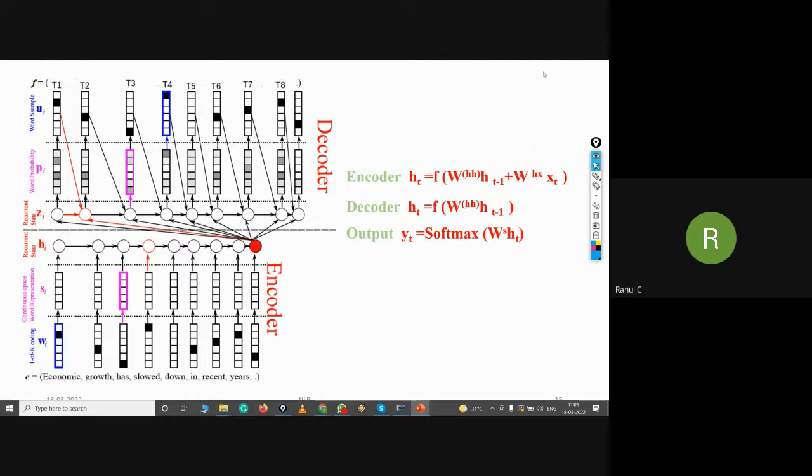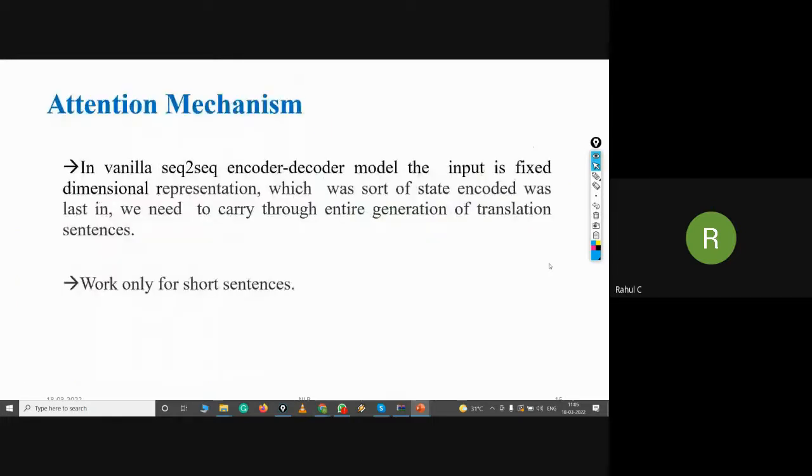Okay, so this is the basic thing about the encoder-decoder model, and this is how the encoder-decoder model can be utilized for machine translation. But the thing is that you need a large amount of corpus in the source data and also in the target sentences. And there is one drawback of this, which one? Vanilla NMT, or the encoder-decoder model. So the vanilla sequence to sequence encoder-decoder model,